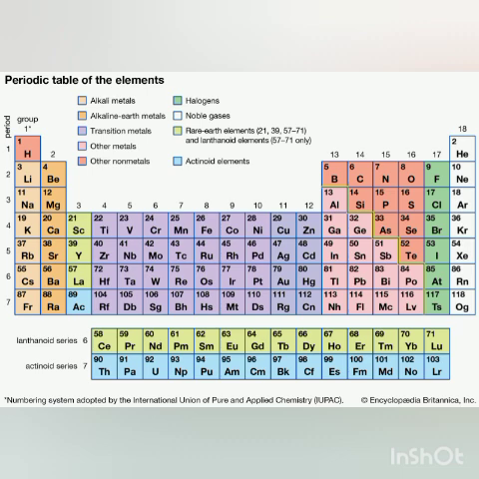Now take another example, sodium, which falls in period 3. In sodium, the number of shells is 3, and the valence electron is 1. So in lithium, the valence electron lies in the second shell, whereas in sodium, the valence electron lies in the third shell, and the distance of the third shell from the nucleus is more as compared to the distance of the second shell and the nucleus in lithium.